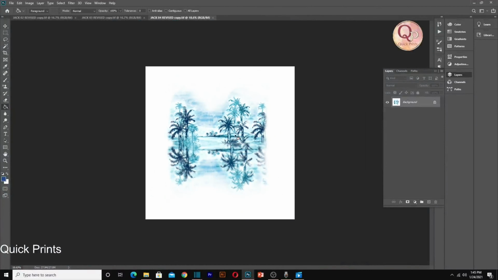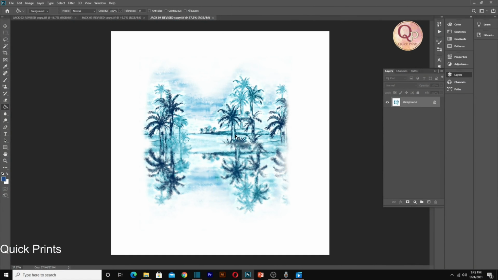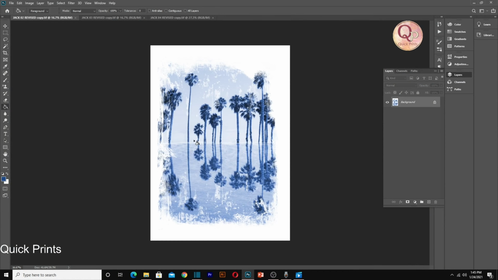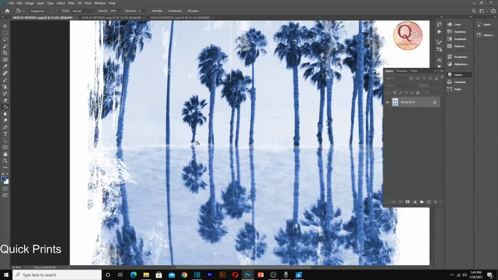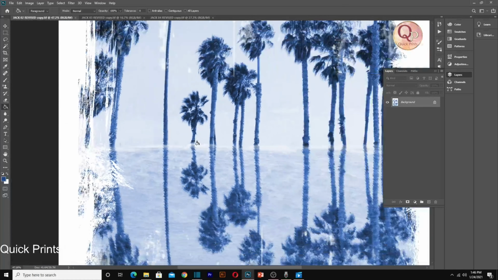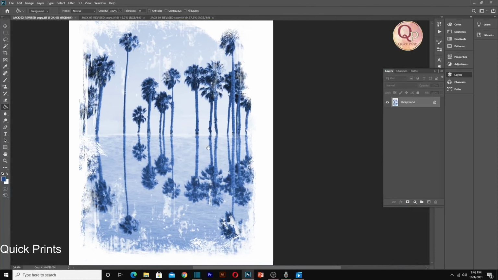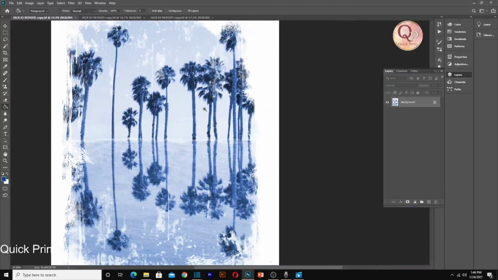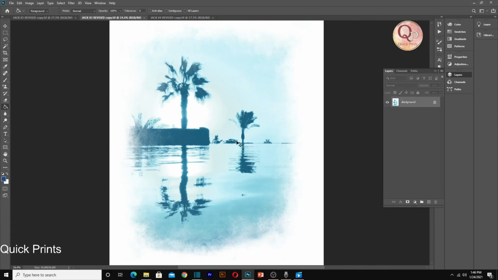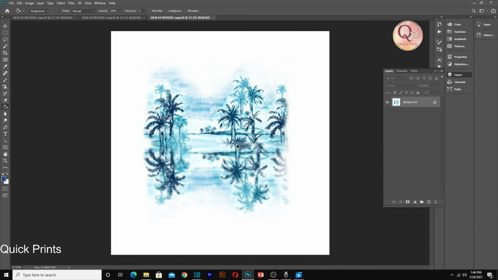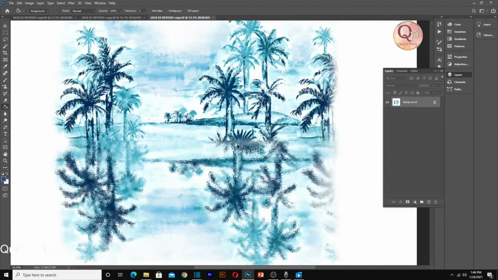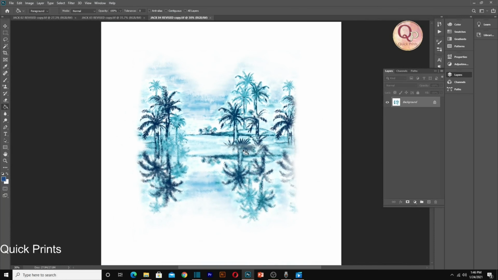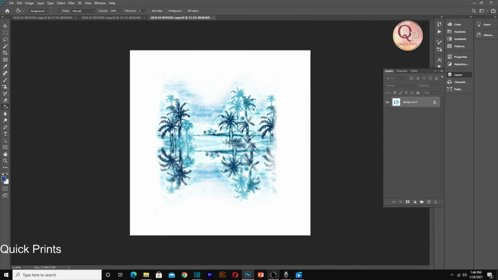So today the video is all about how to convert a low resolution picture into a high resolution image. Usually we have seen that we are getting the right image but not the right resolution, and due to the low resolution we skip the idea of developing that motif. So in this video you will get to know how to convert that motif from low resolution to high resolution, where you can change the colors and use it according to your requirements. So without wasting time, let's start the video.